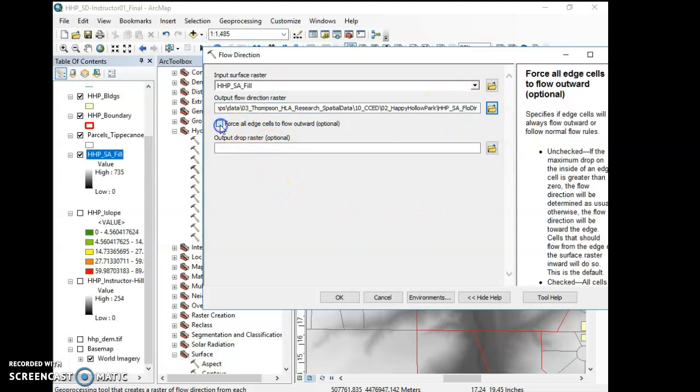All right, another decision we have to make is that do we want to force all edge cells to flow outward? And this is an interesting decision. In general, I would actually say no. We don't want to have all the edge cells flow outward, just because we have a square DEM here that really just represents where the data came from, and then it flows in opposite directions, which means that every cell on the outside flows out of this. I'm not going to check this in this particular case, even though I will in some, I have in other opportunities,